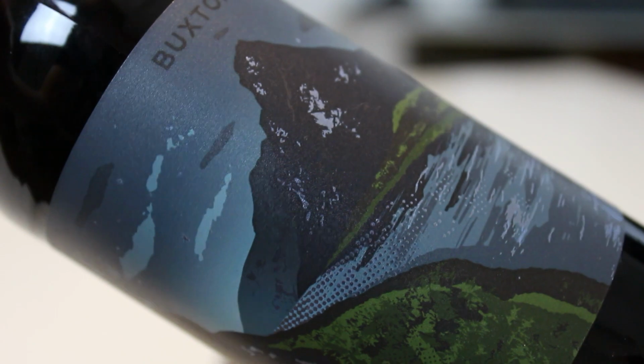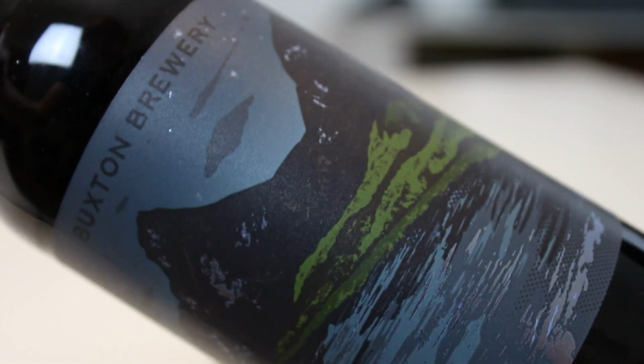It's a sipper and a beer to savor, but it's been a long time since I've had an Imperial Stout that's aged this well. Imperial Stouts can vary depending on what it is, but this is just a basic stout in barrels. It's not got all kinds of crazy weird stuff going on, like adjuncts and whatnot. And that might be why it's aged really well. But yeah, that does it for the review of Buxton Brewery's Highland, a Scotch whiskey barrel aged Imperial Stout from